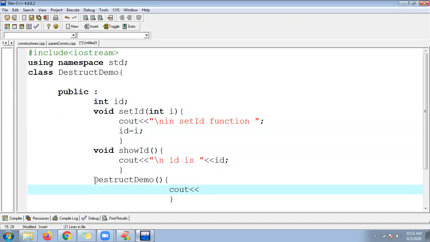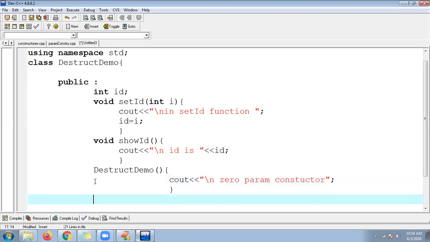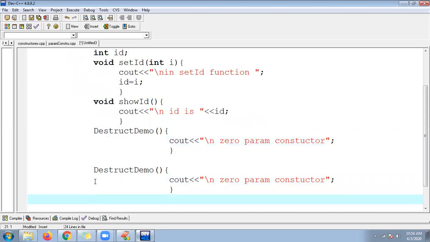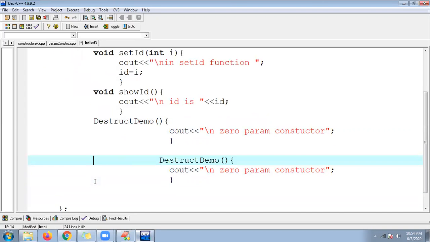So this is the destruct demo constructor. Cout, slash n, zero parameter constructor. I'm using here the zero parameter constructor. Semicolon. Now I want to create a destructor, right? The destructor also has the same name, but here I have to use one special symbol. What is the symbol name, guys? Tell me.